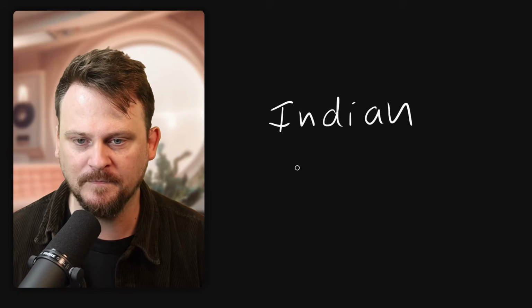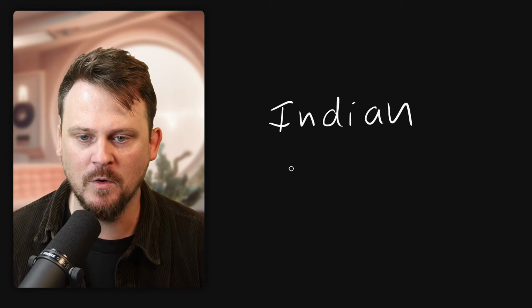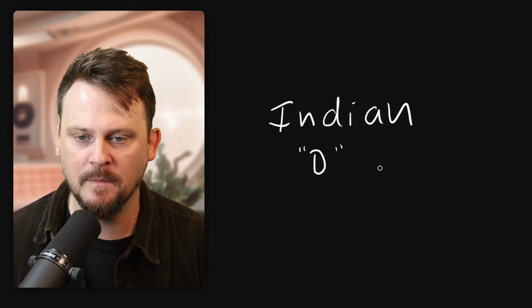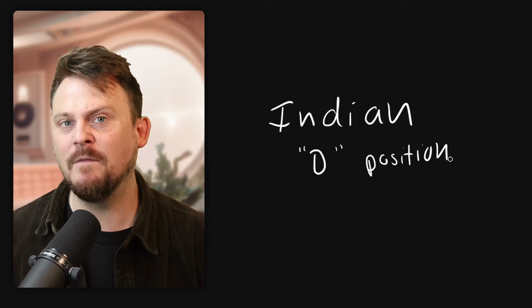What are the things that make it sound like that? What are the things that make up the Indian accent? Well, there are quite a few. What I would challenge you to do is go to an interview with Indian people speaking and listen and see what you can notice, right? There's a really clear one for me, though, and that is the way that the D is pronounced. So D, I'm just going to write the letter D, and I'll say the D position, and that's the D position of the tongue.